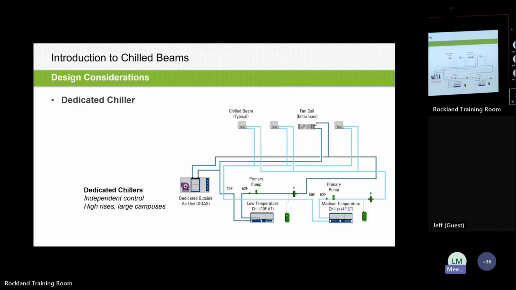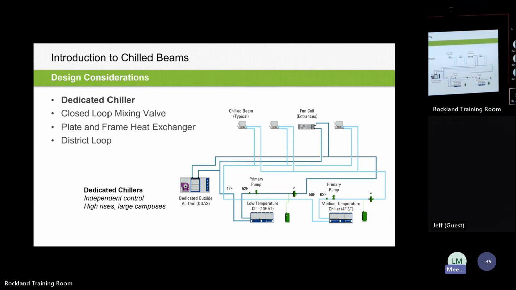So that is economical and a good approach for high-rise, large headquarter campus buildings, where they can utilize those independent chillers. You can also have a closed loop mixing valve, which we'll show in the following slides. Similar to the mixing valve, you can also use a heat exchanger. So you remove the valve and put a plate and frame heat exchanger in there as well, and that essentially just moves the energy from return loops into that supply to the chilled beam loops, but then also